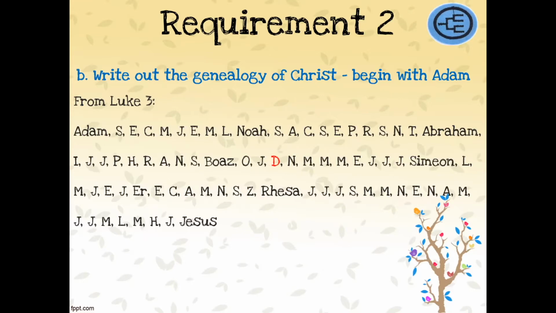Well, on your worksheet, and here on this example, I have given you from Luke. Now you can choose if you want to take it from Matthew's version. By all means, you can write it out from Matthew's version. If you want to do both, again, you can do them. I decided this time I'm not giving you all the answers. I'm actually going to make you do some of the work. So I've given you some of the names along the way. I've given you Adam, I've given you Noah, Abram, Boaz, Simeon. I've given you some of the names, but the rest you have to work out.